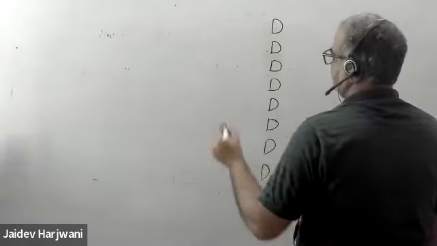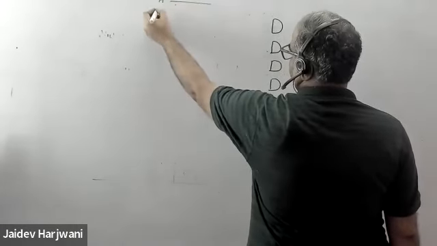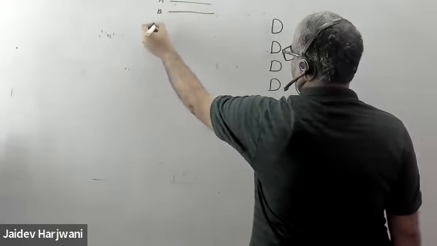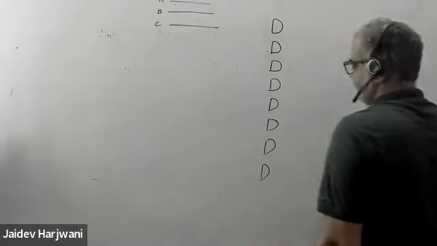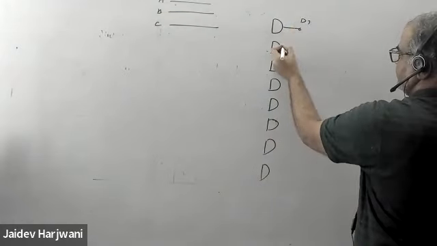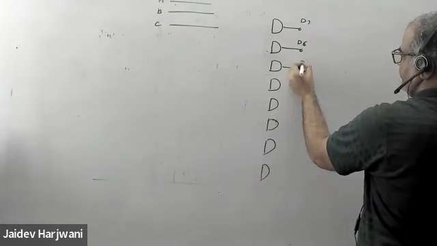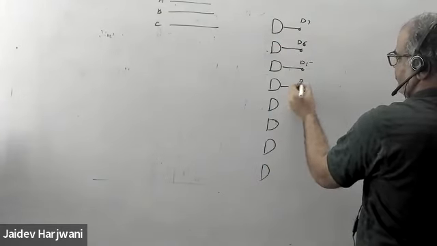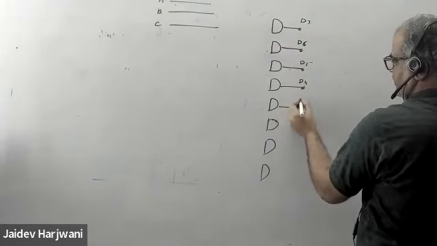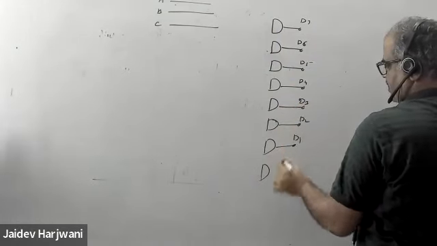Okay, and we have 3 inputs, A, B, and we have C. Okay, so let me make this as a D7. So this is D7, this is your D6, this D5, this D4, this D3, this D2, this D1, and say